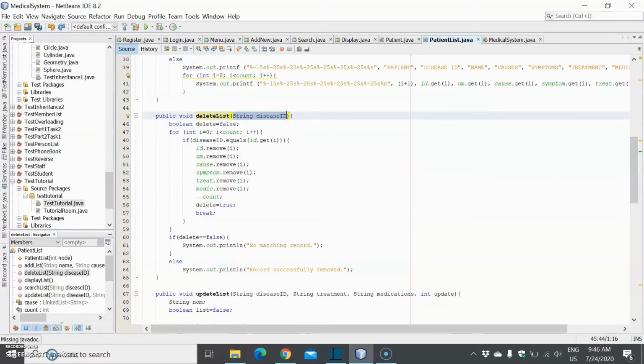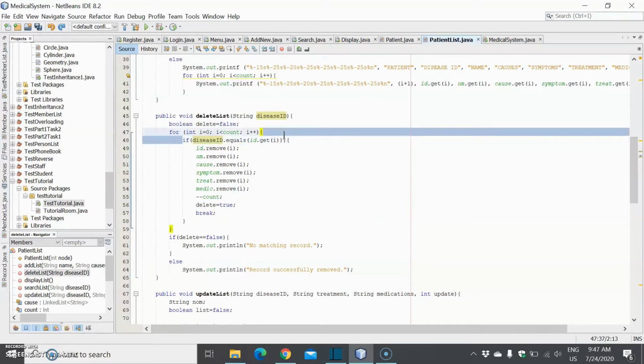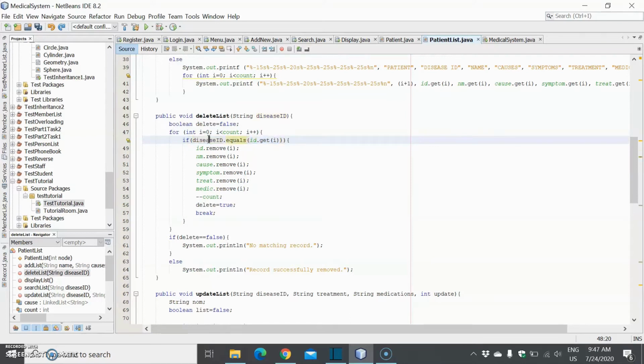For the delete list method, we have one parameter, which is string disease ID. First, we declare the boolean delete equal to false to check whether the data that we choose exists or not. For this method, we also use the loop, which is for integer i equal to 0, i less than count, and i plus plus. If disease ID equals id.get(i), which is the ID that the user has stored in the system, this method will delete all the information related to the ID that the user has inserted.